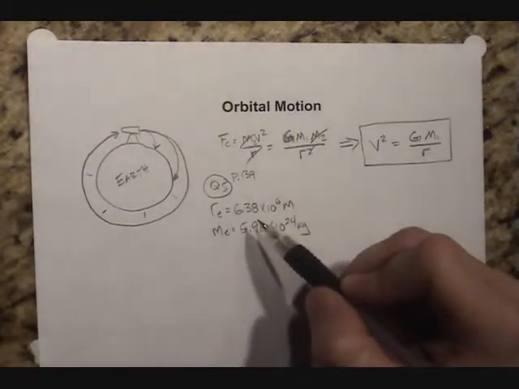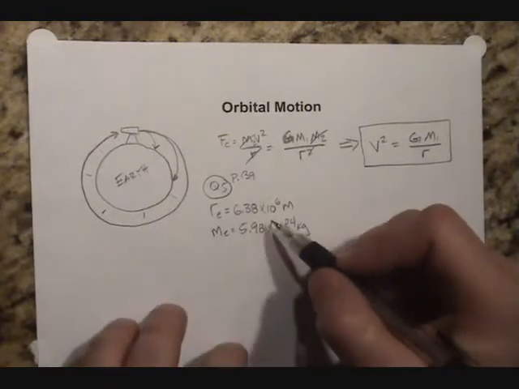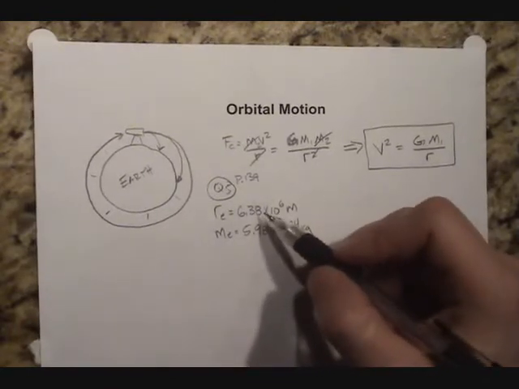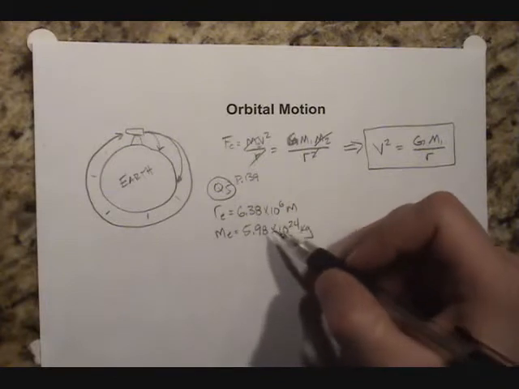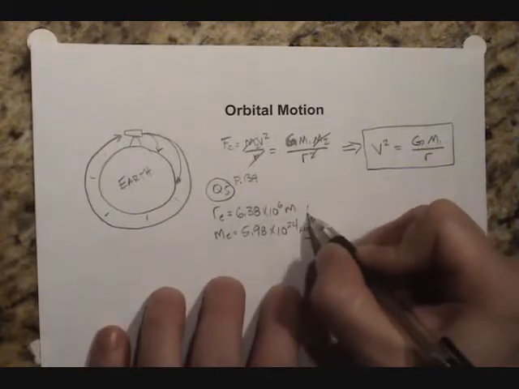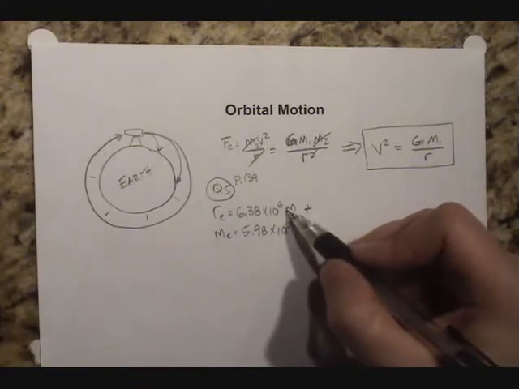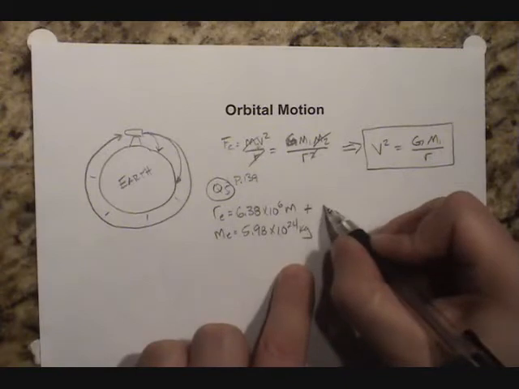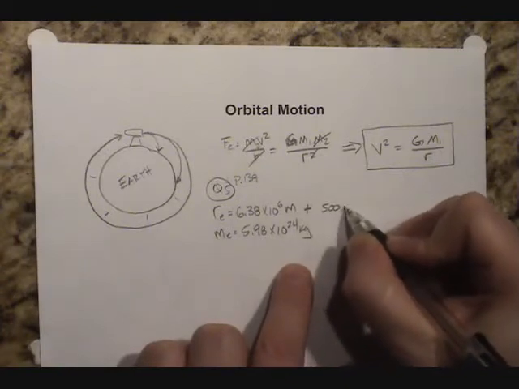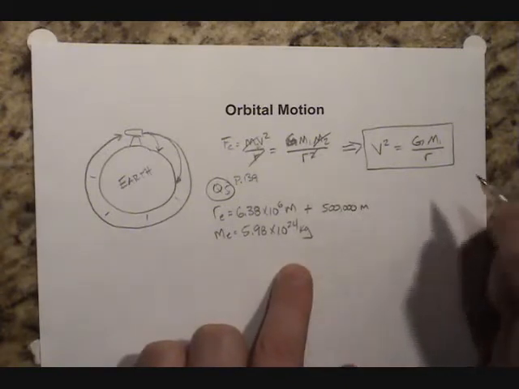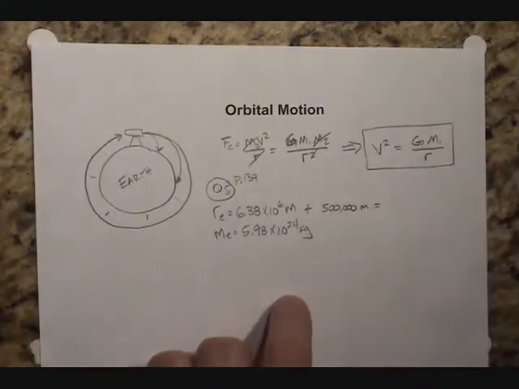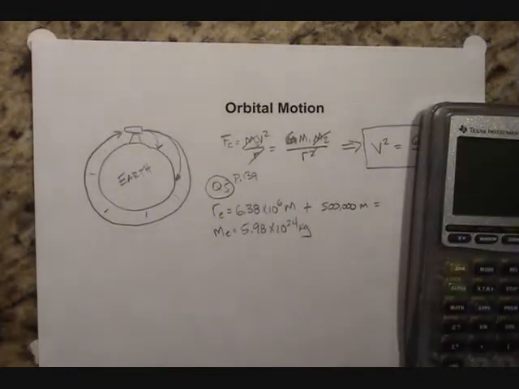This question asks, what is the velocity of an object orbiting 500 kilometers above the surface of the Earth? So I need to add to this radius 500 kilometers. But now 500 kilometers is not the same thing as meters. So 500 kilometers would be approximately 500,000 meters. And so adding these two together, I should say, 6.38 times 10 to the